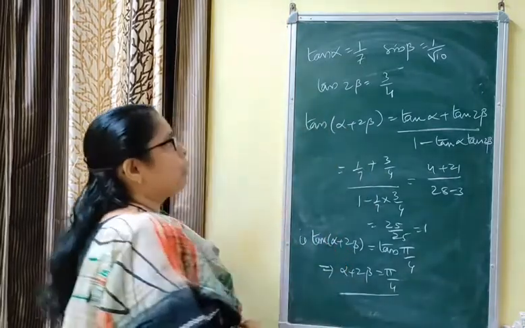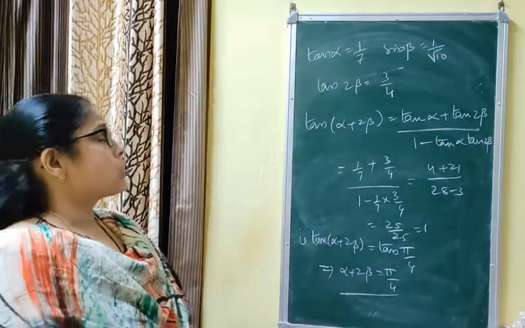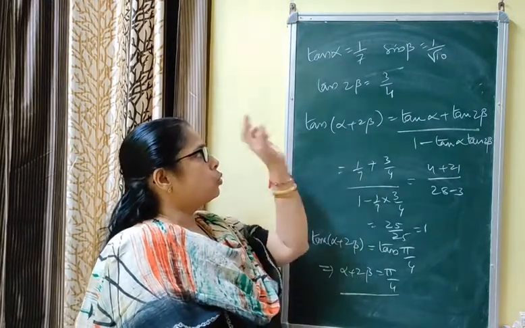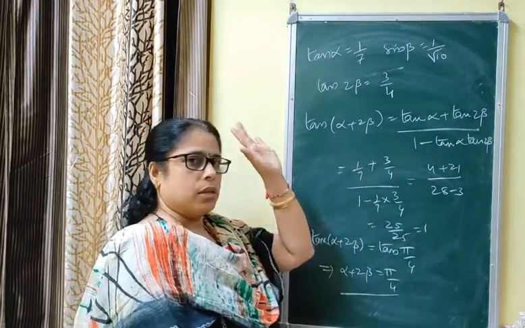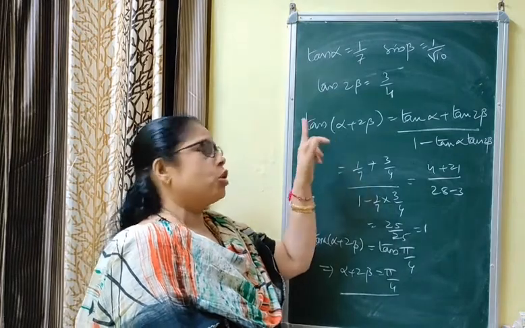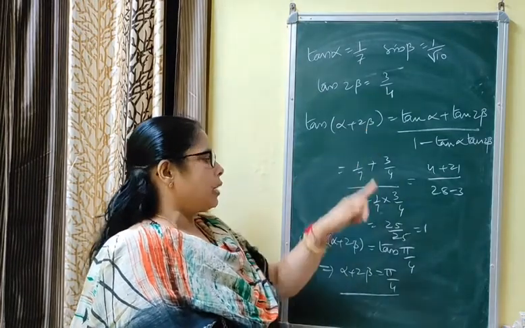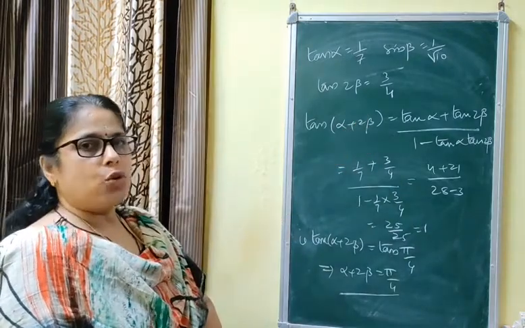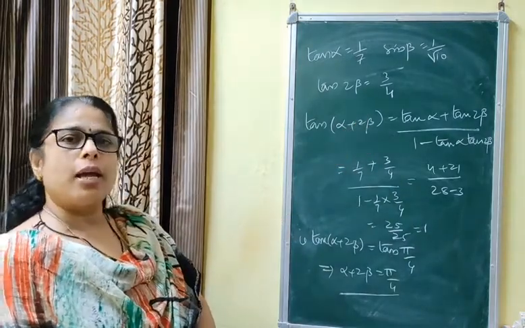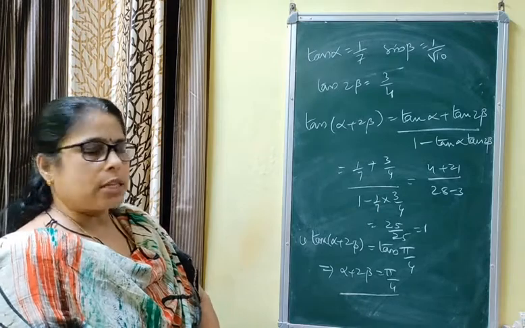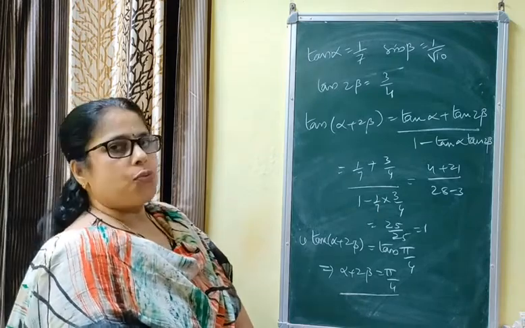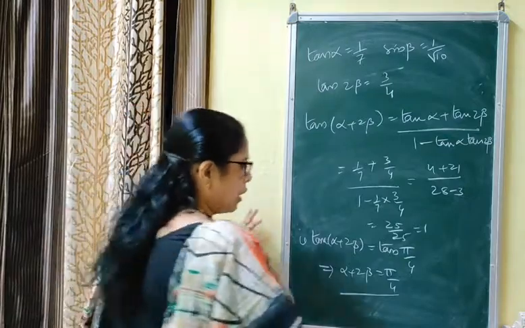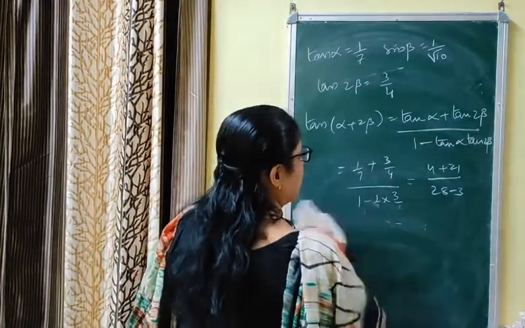In this question, once more I am saying, first of all we have to find cos beta. In order to find tan beta, you should print in your mind what you have to prove. You have to prove tan(alpha plus 2 beta) equals 1. For that, we have to find the value of tan 2 beta. Tan 2 beta can be found using the formula 2 tan beta upon 1 minus tan square beta. That is why we found the value of tan beta first of all and put the values in the formula, and we got alpha plus 2 beta is pi by 4.